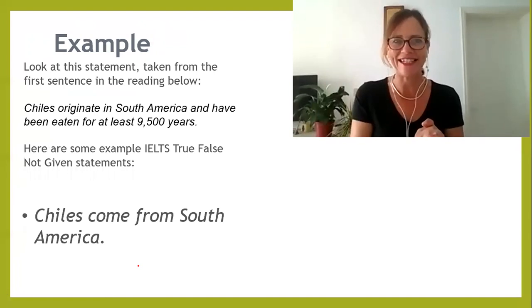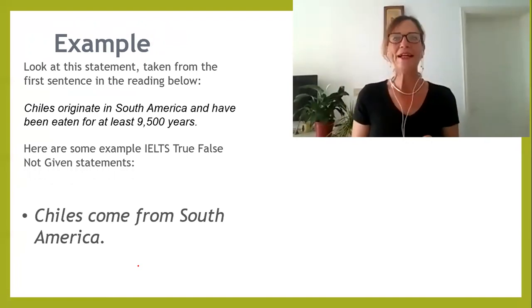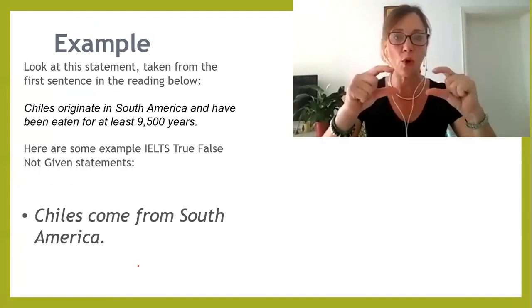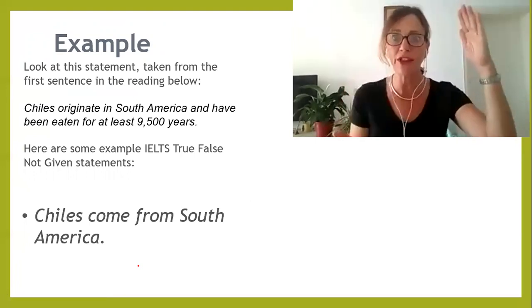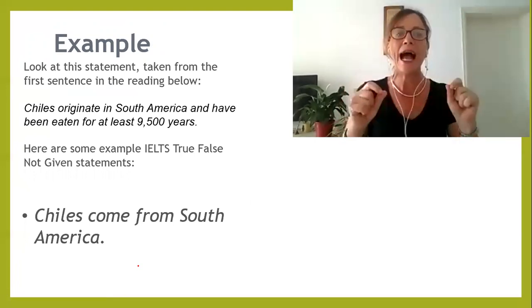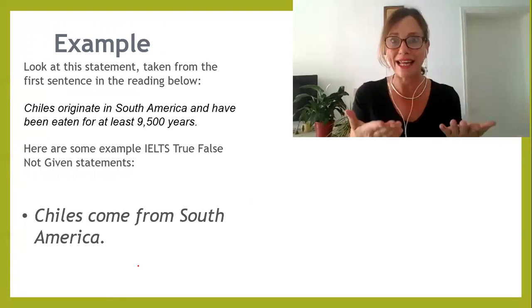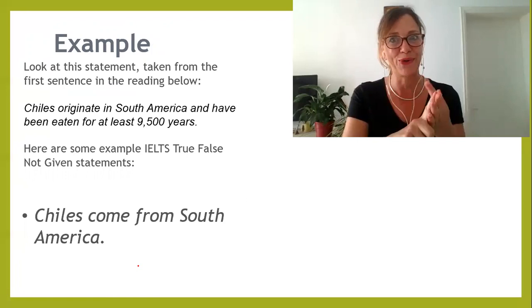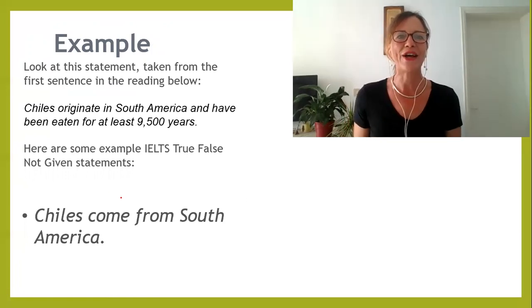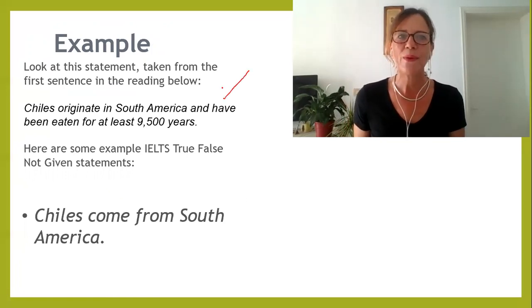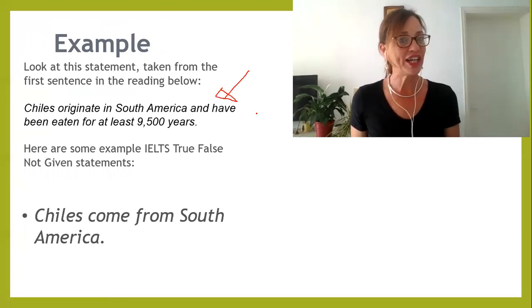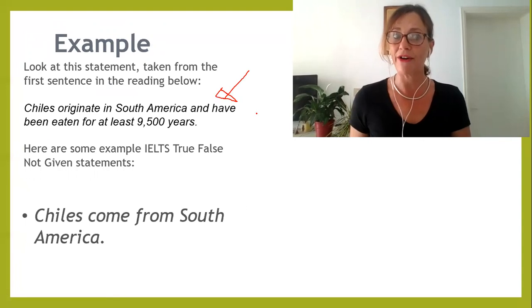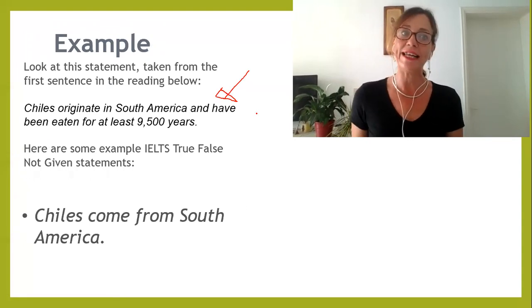Okay, let's have a practice then, guys. We're going to read a small extract from one of the larger readings, of course, and we're going to read the statement that's given, and you have to decide whether it's true, false, or not given. So here would be something that was written in the text. Chilies originate in South America and have been eaten for at least